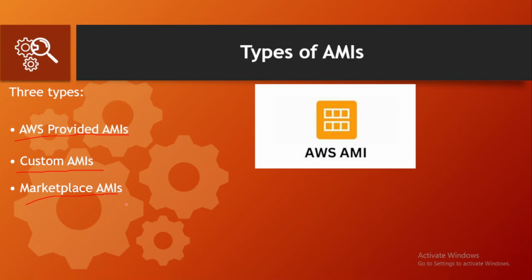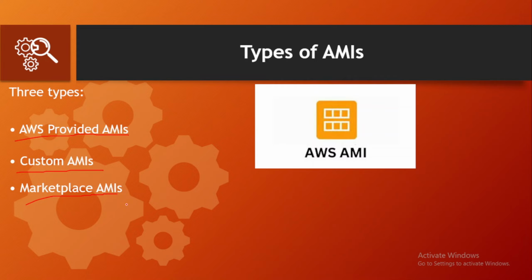So let's understand the concept of AMI with a real world example. Let's say a company builds a web application. First, they launch an EC2 instance and install application server, database client, security updates, monitoring tools. Once everything is configured, they create an AMI from that server. Now, whenever they need more servers, they simply launch new EC2 instances using that AMI. This process saves a lot of time and effort. This is commonly used in auto-scaling environment.